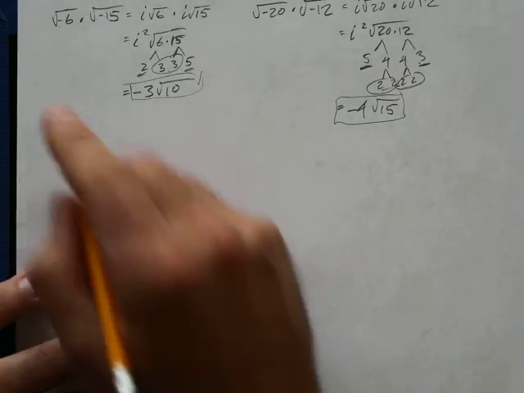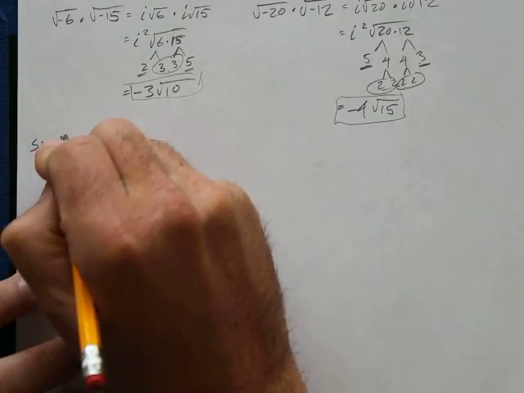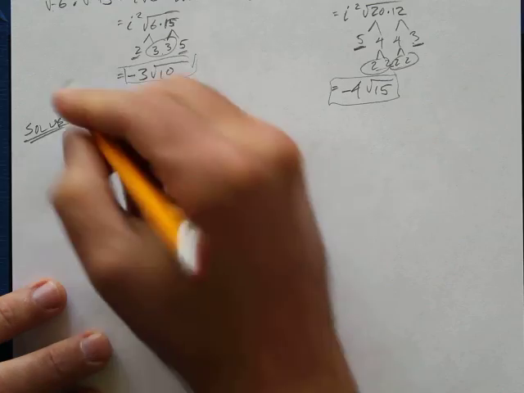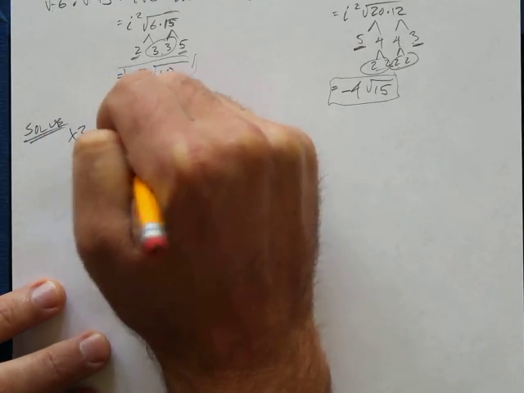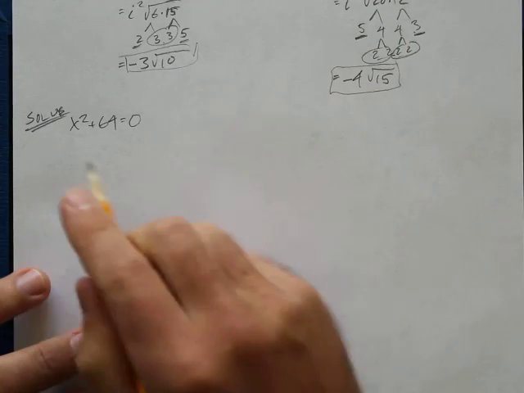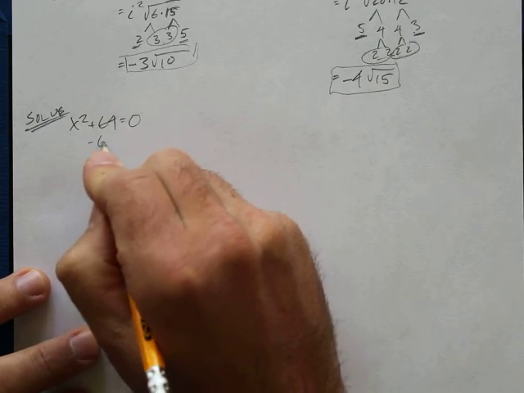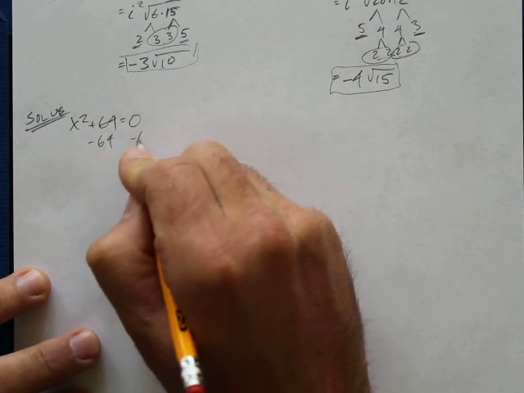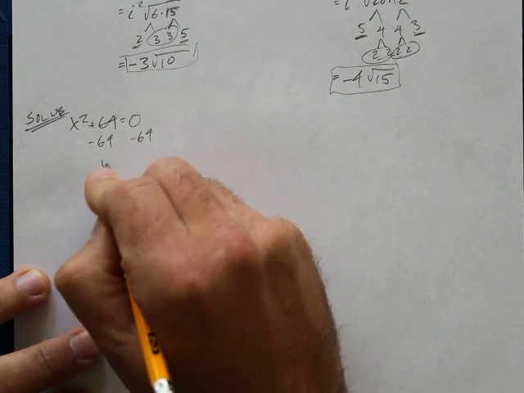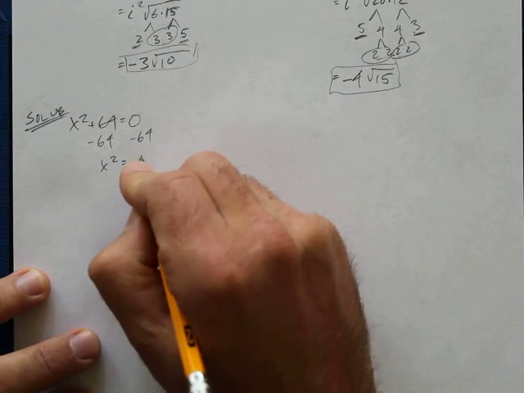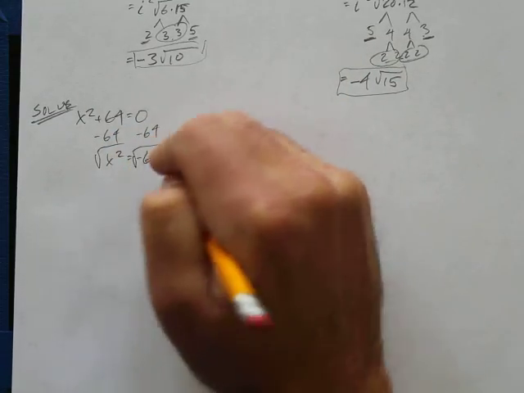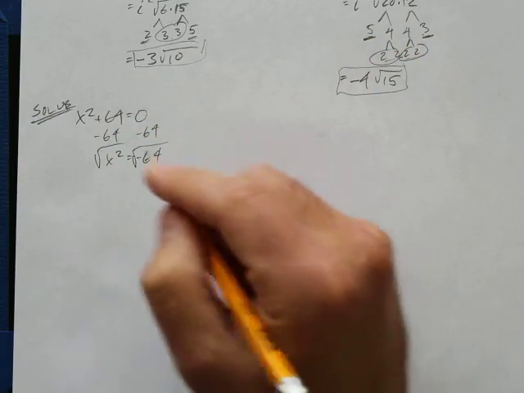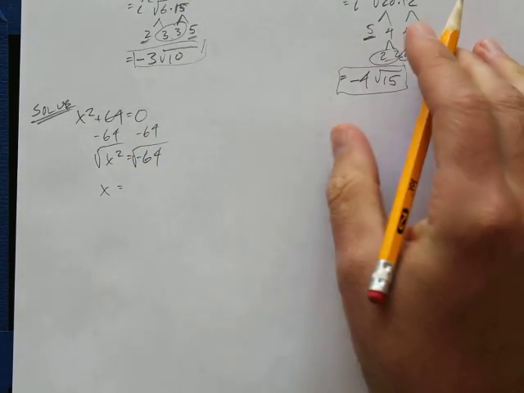All right, let's keep going. Just moving through this lesson here. Solve x squared plus 64 equals 0. I'm going to subtract 64 from each side to try to get the x by itself. x squared equals negative 64. Now I need to take the square root of both sides, and I get x equals